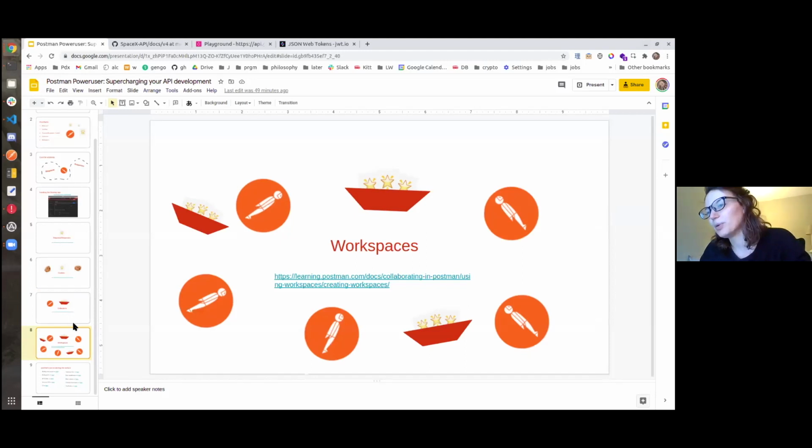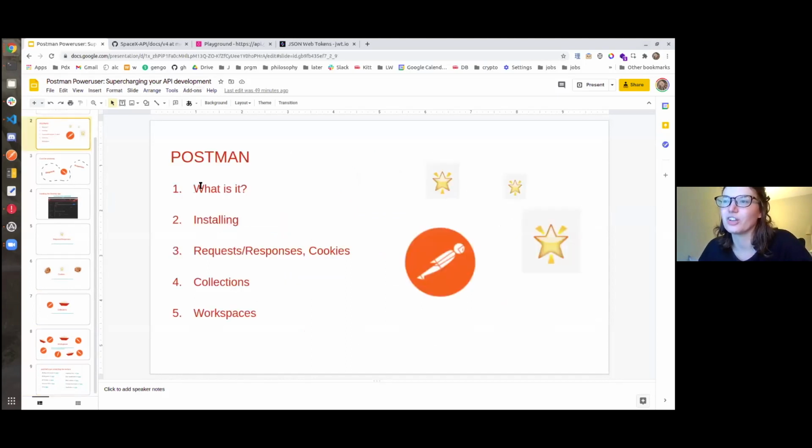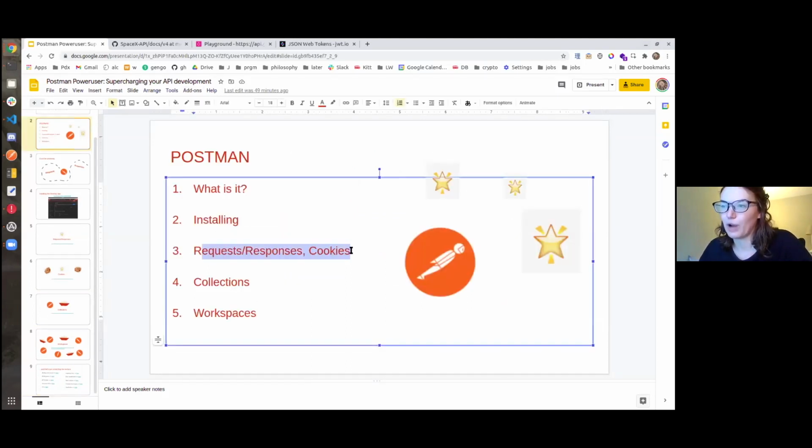So we've talked about workspaces and collections, and really folks, if you know these things, like how to make a request and response and deal with cookies and saving things, how to make collections and how to share your collections with team workspaces, you are in a really sweet spot for supercharging your API development. And some of you in the chat have already mentioned you use Postman every day. I'm also one of those people. And the more and more I use it,